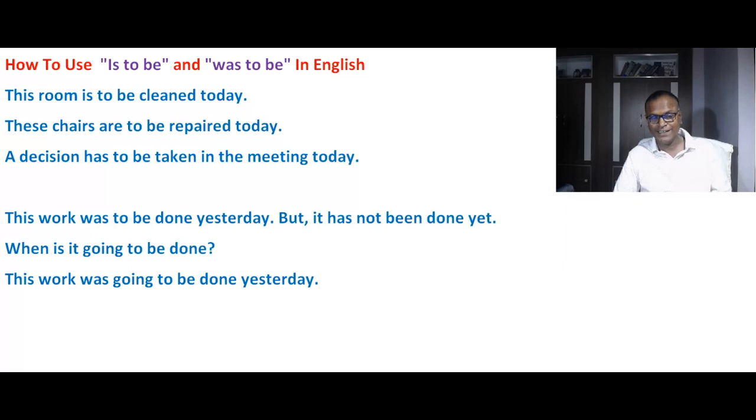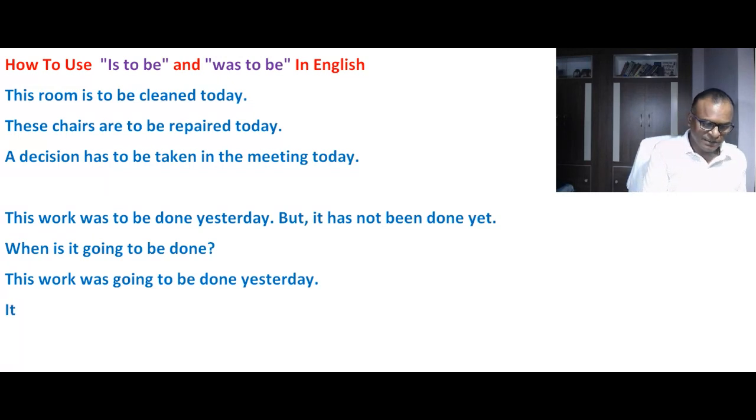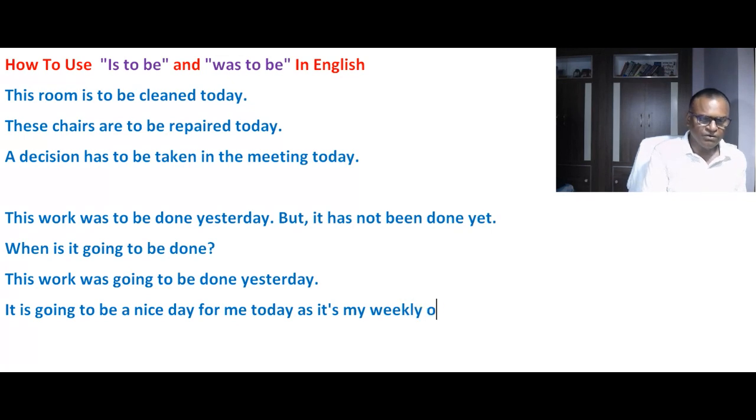This work was going to be done, तो टू बी, वॉज टू बी प्लस V3 का यूज हम यहाँ पे कर रहे हैं। वैसे तो टू बी का और भी बहुत सी जगह यूज हो सकता है, जैसे एक एग्जाम्पल और लेते हैं यहाँ पे। जैसे हम बोले, it is going to be a nice day for me today as it's my weekly off। तो ये मैंने कहा it's going to be a nice day for me today as it's my weekly off। तो to be का यूज बहुत सारी जगह आप कर सकते हो।